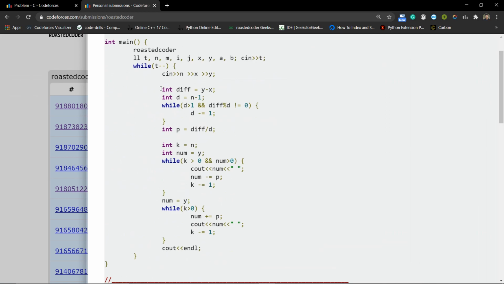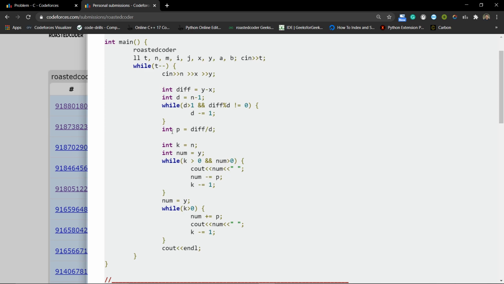I have taken input n, x and y, and the difference is y minus x. We have to take the number of partitions initially, that is n minus 1, since for n numbers we need n minus 1 partitions. We will reduce this number of partitions until the difference is divisible by the number of partitions, and it should be greater than 1.